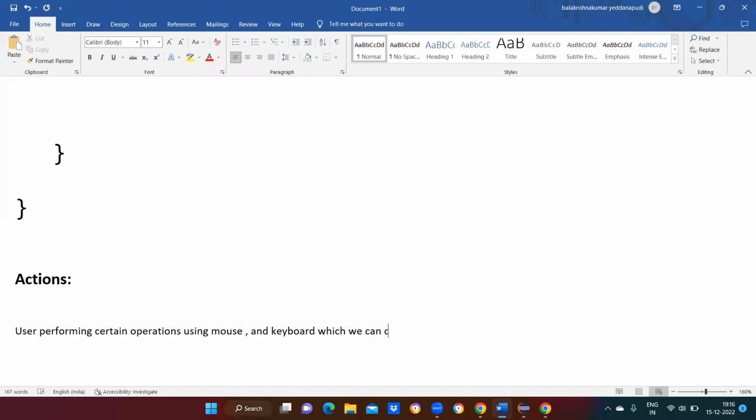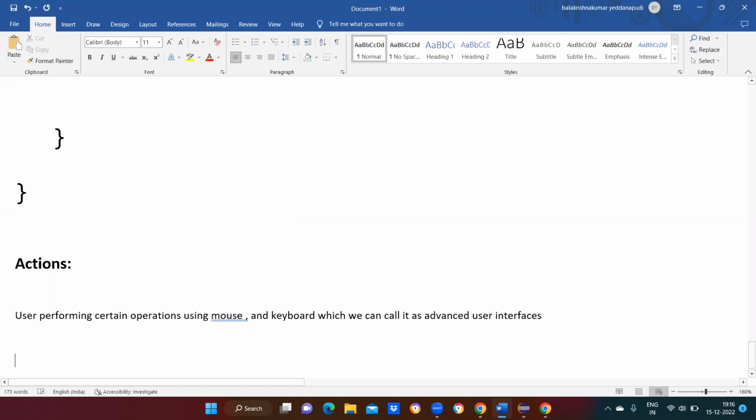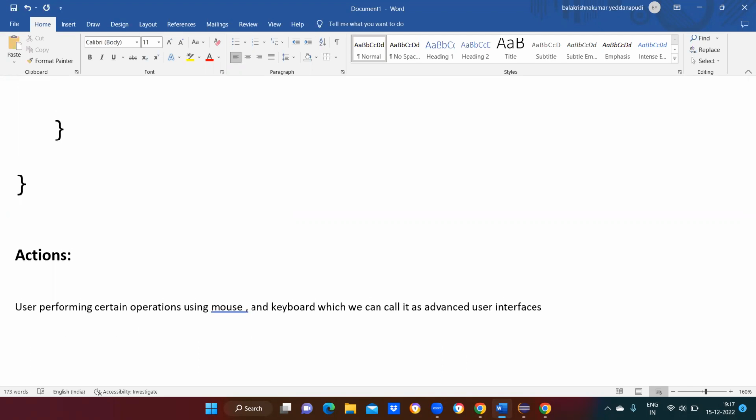Which we can call as advanced user interfaces, using the mouse movements and the keyboard. So mouse movements, like what kind of advanced user interfaces? Some of the advanced user interfaces are, one is mouse movements,